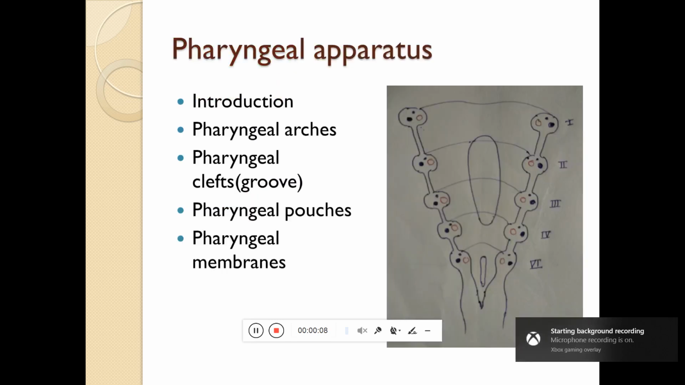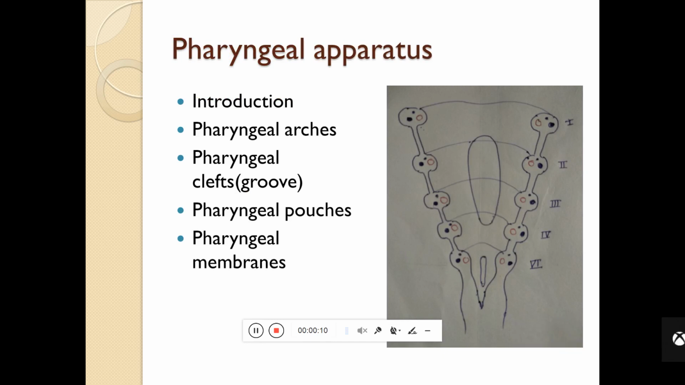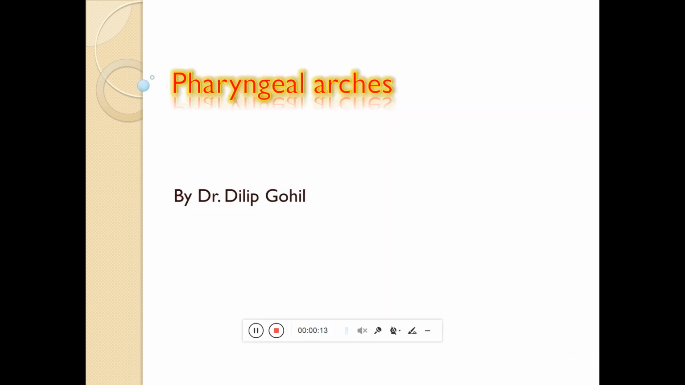Today we'll discuss the pharyngeal apparatus or pharyngeal arches. Actually, these are mesodermal thickenings that develop from the mesoderm around the neck region during development. From these arches, muscles, nerves, arteries and cartilage develop. They are known as pharyngeal arches because they are situated around the pharynx, and the pharynx is the most upper part